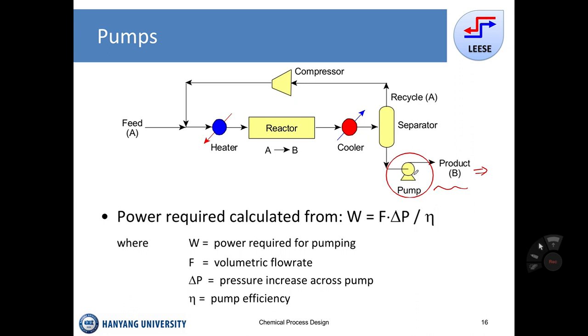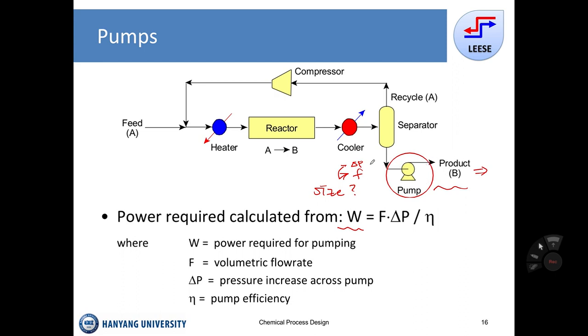The main thing is how much energy is required by this pump. Then the second thing is what is the size of the pump. The size is mainly related to flow rate, and also related to pressure drop, because how much pressure should be increased through that pump